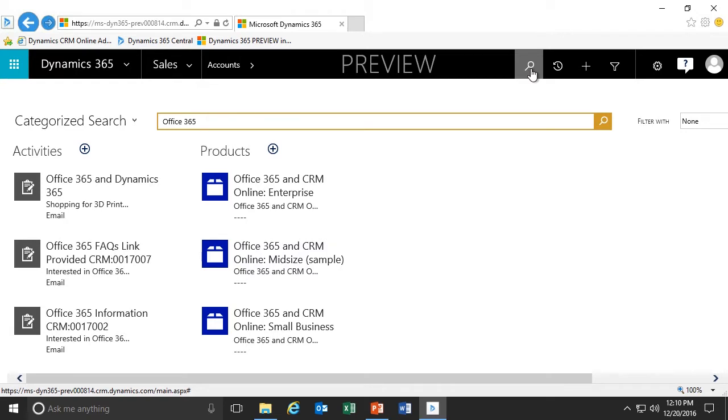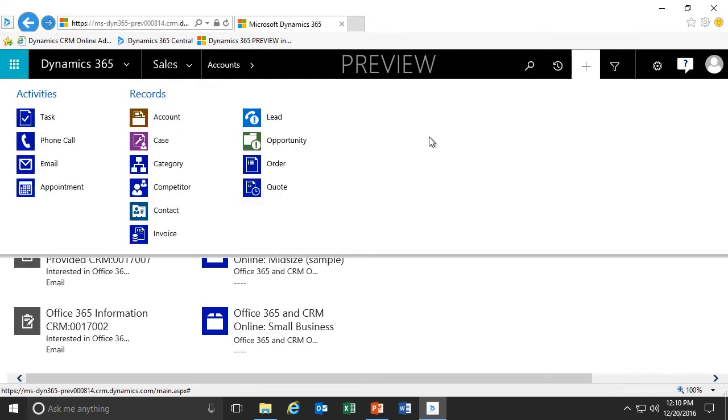Now, the other option that you'll see within your navigation bar, again on the right-hand side, is the new icon or the plus icon. This is for our quick create feature. So when I click on that, you'll see it gives me the option to quickly create certain record types or activities. So you'll see I have the options for activities. And then when it comes to different record types, say for example that I want to